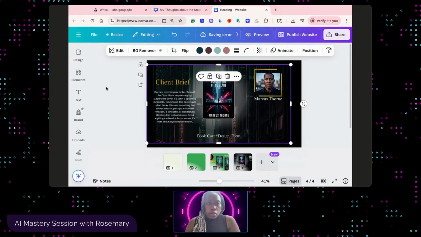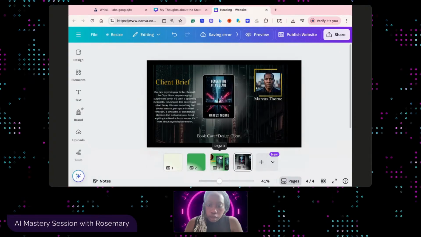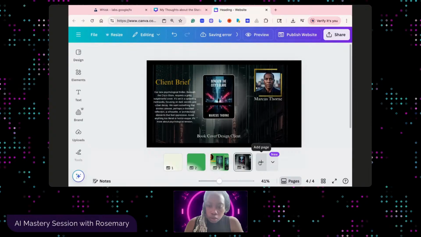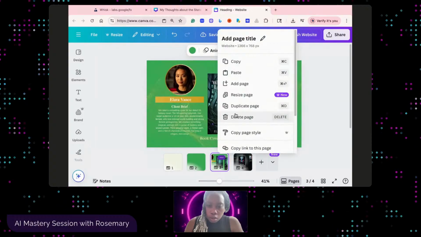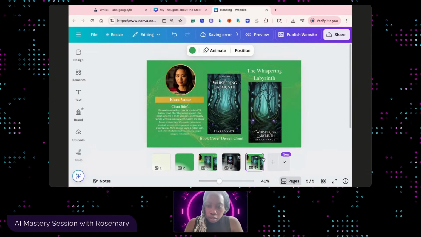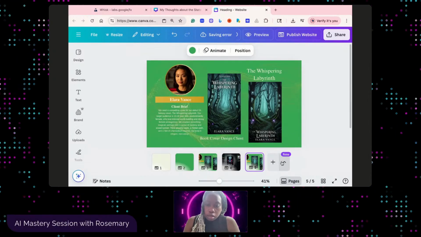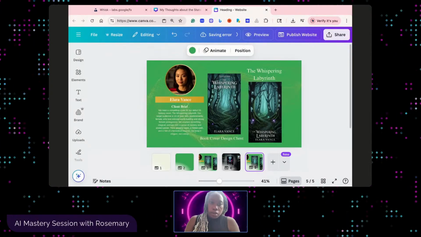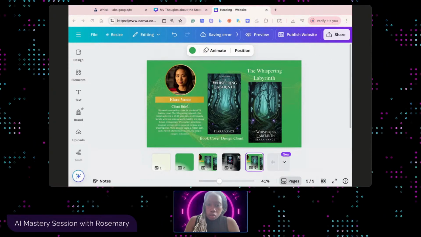We are on to our third client. Now, I'm going to duplicate this page. And now I'm just going to alternate between these two designs. Granted, when I do well, y'all see how I do it. So our next client is